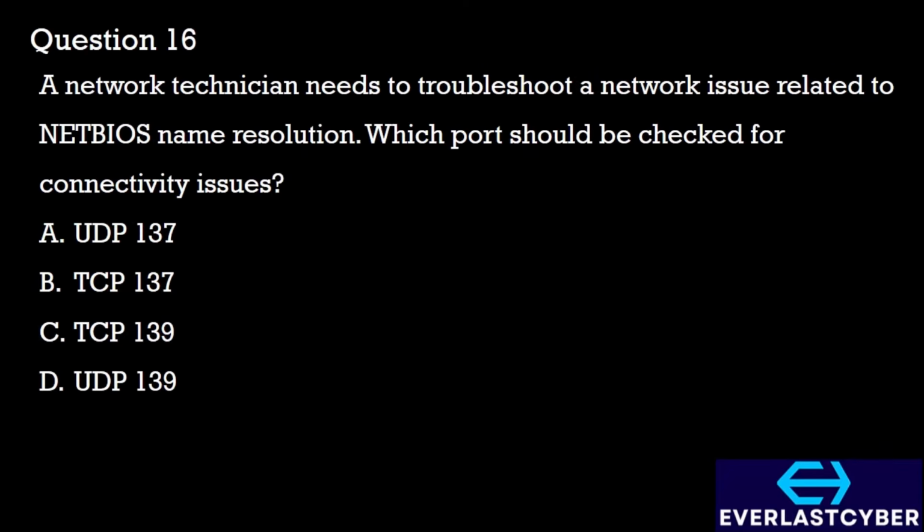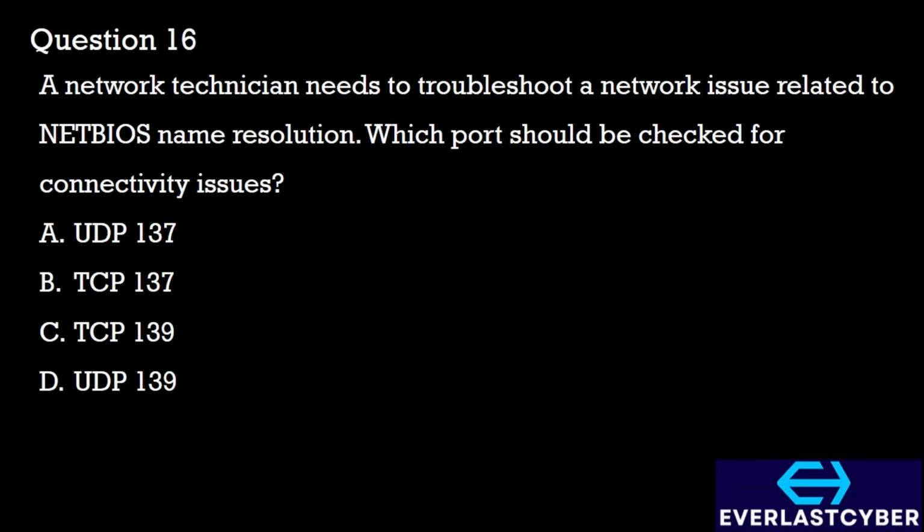Question 16. A network technician needs to troubleshoot a network issue related to NetBIOS name resolution. Which port should be checked for connectivity issues? A. UDP 137, B. TCP 137, C. TCP 139, D. UDP 139. For this, we'll be going with option A, UDP 137, because the NetBIOS name service uses this port for name